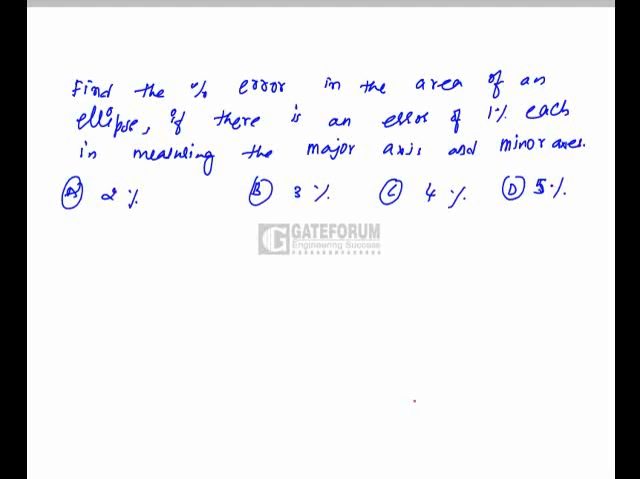To find the percentage error in the area of an ellipse if there is an error of 1% each in measuring major axis and minor axis. Now, error in major axis is given as 1% and error in minor axis is given as 1%, and we have to find the error in the total area. So we know that major axis is nothing but 2a and 2b is the minor axis,